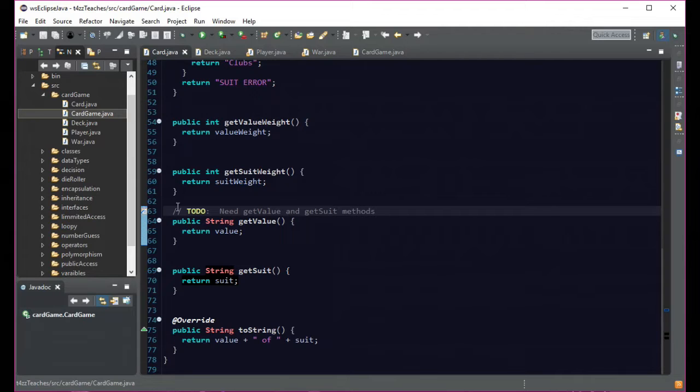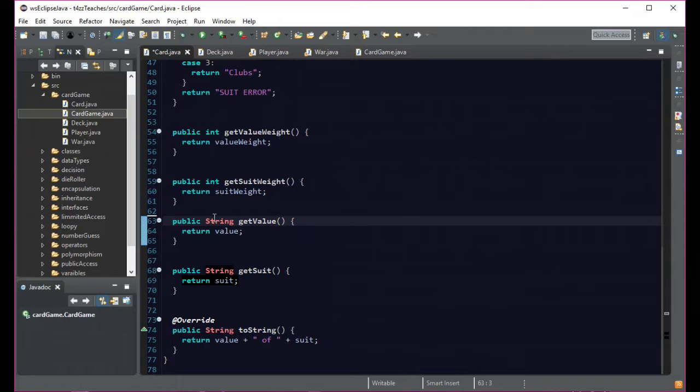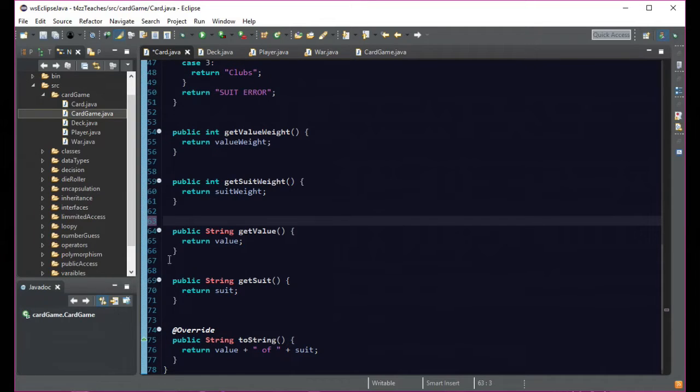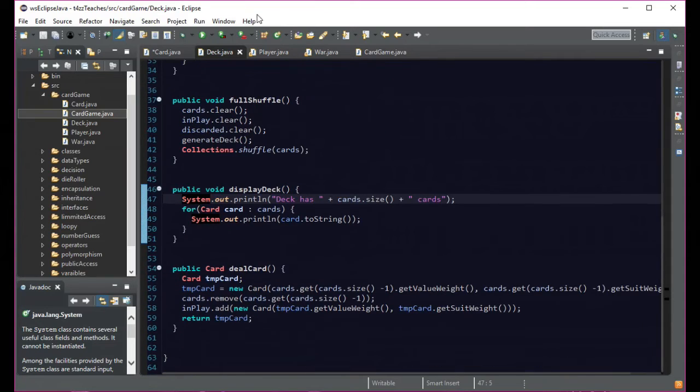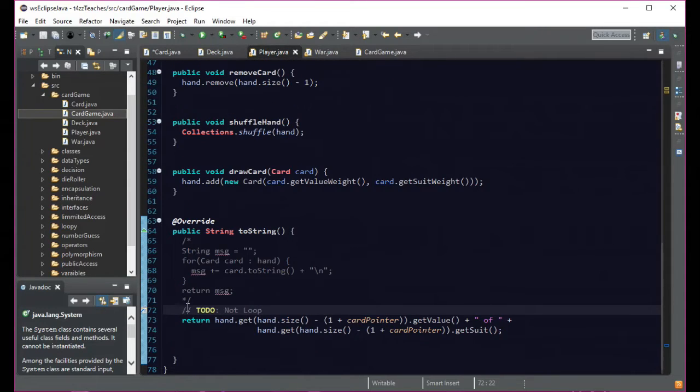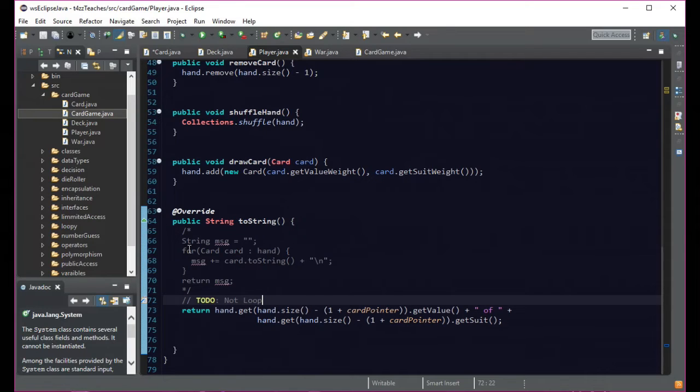Okay, so anyway, we can go ahead and get rid of this because I did add those. I figured you guys have seen me add these things enough times. You should understand that these are just simple getter methods. So we're getting the value and getting the suit. Then here in deck, I can't remember, was there anything in here? No. In player, we also have this loop that we were doing,